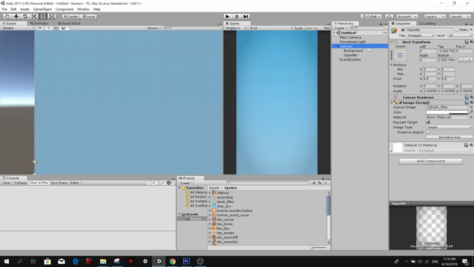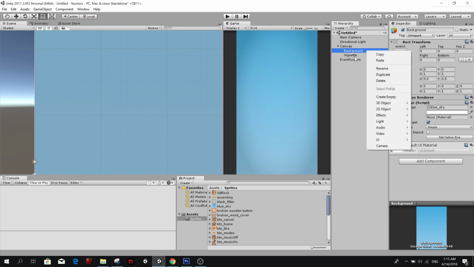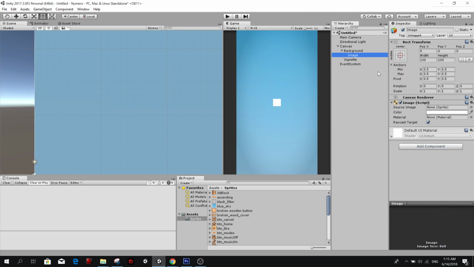And now we start with the graphics. So inside the background, I like to have things with a hierarchy. So inside the background, I'm going to create an image. I'm going to call it title. So this, of course, is just, where is it?